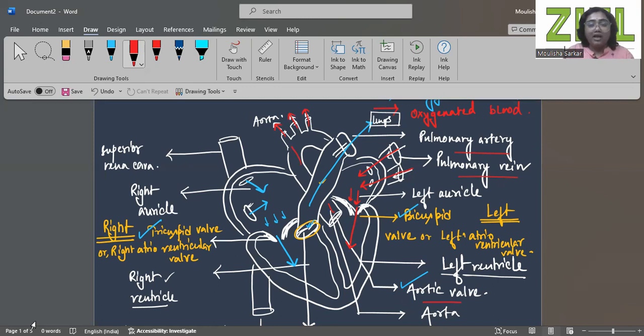Okay, I hope the structure of the heart and the way blood circulates through our heart is clear. We will try to remember all the labeling here. We will try to remember the position of the valves very well, all the vessels connected, which vessels carry deoxygenated blood and oxygenated blood, and which chambers they are connected with. These are the main things to remember from the